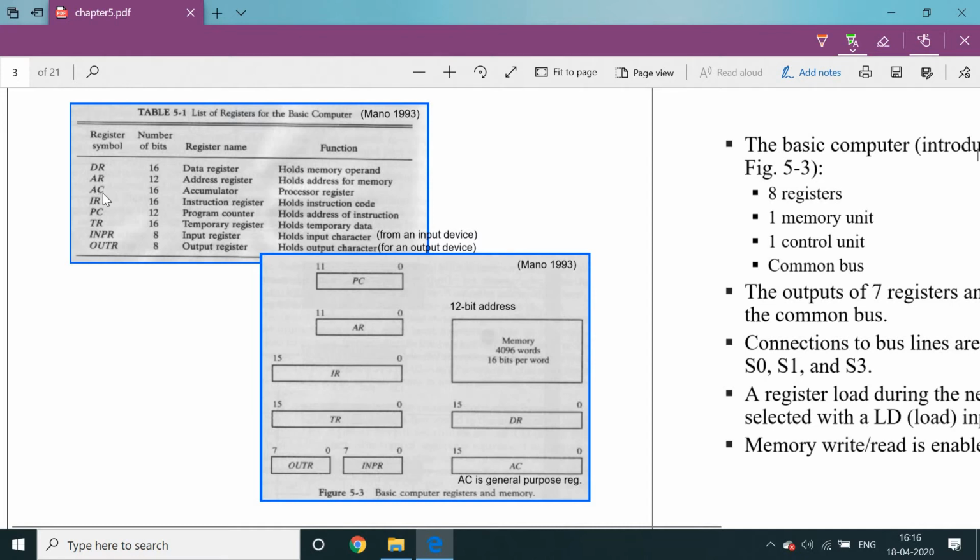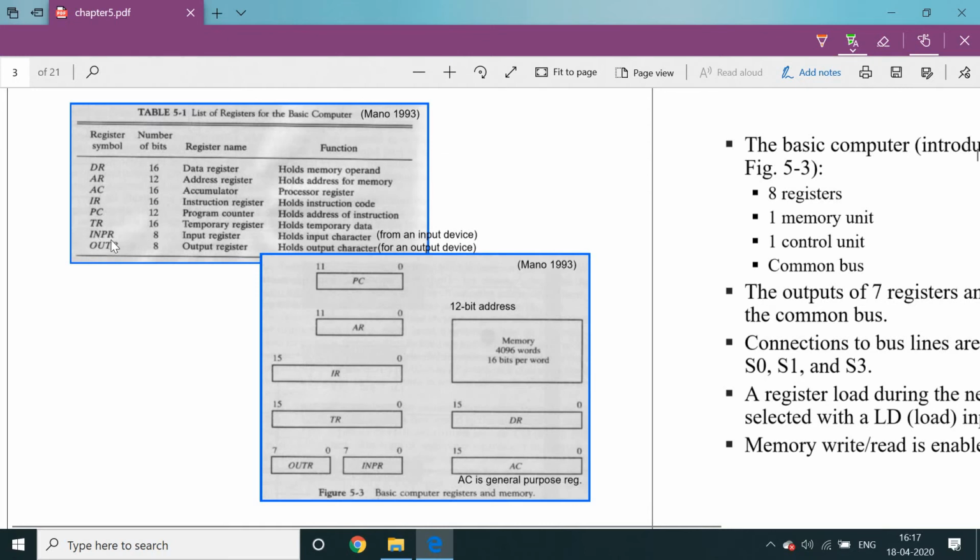Right? Accumulator is the processor register. Suppose whenever you want to perform any specific operation, the accumulator provides some input, and after execution the result is stored into the accumulator register. Instruction register always holds the instruction code from the memory. Program counter points to, or counts, the number of instructions in the program, and it also holds the address of the instruction. Program counter holds the address of the next instruction. Temporary register: depending upon the particular situation, different environments arise while processing. If any temporary data is generated, automatically the temporary register comes into the picture and holds that temporary data.